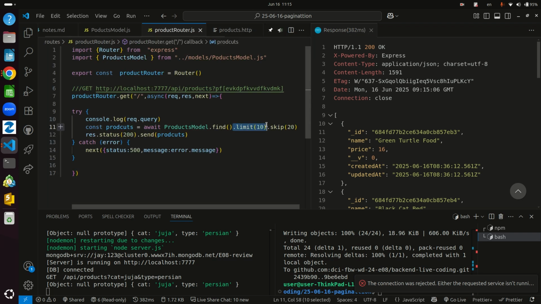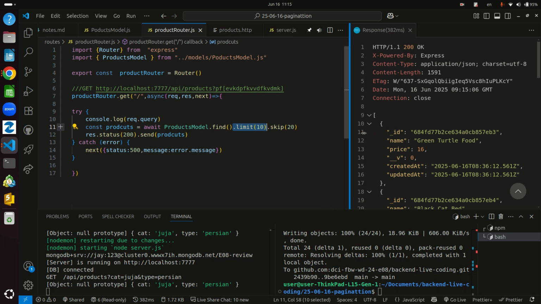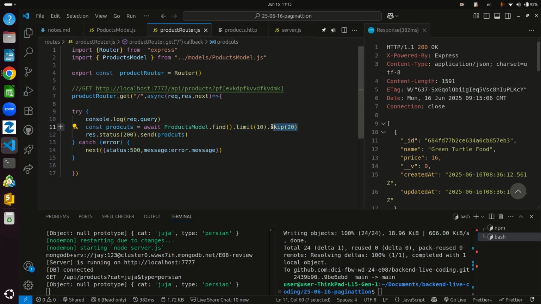Say per request that is coming, limit every request that you receive to 10 products. I don't want 1000 products. And by the skip, we can control in the database from which product to which product you want. And you say a skip 20, it means skip the first 20, skip the first 30, skip the first 50,